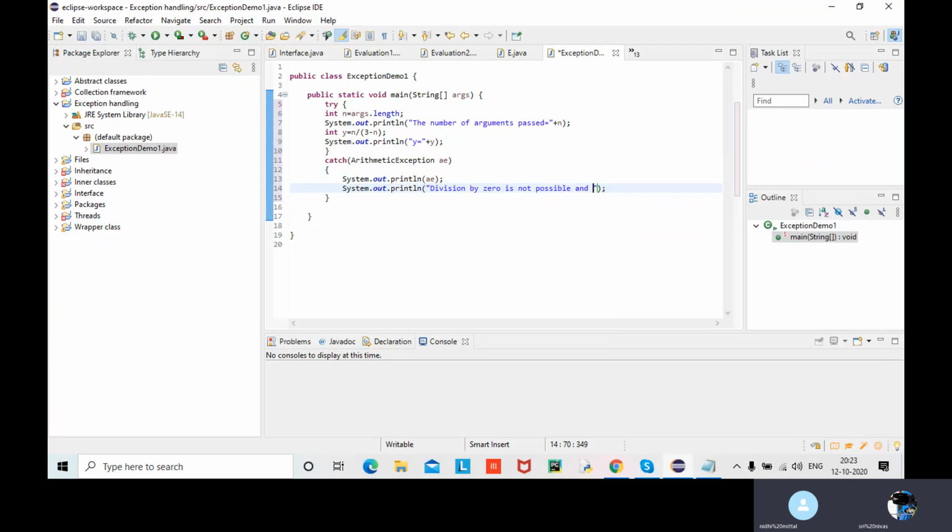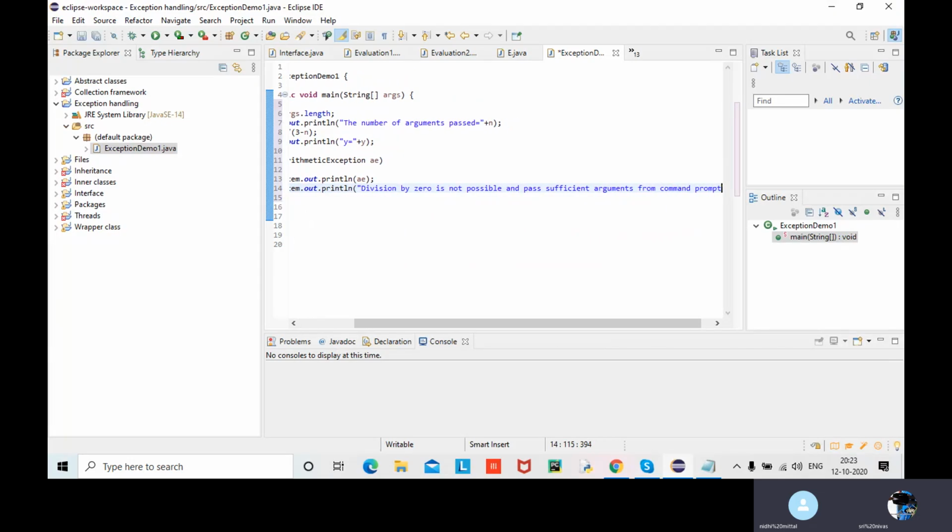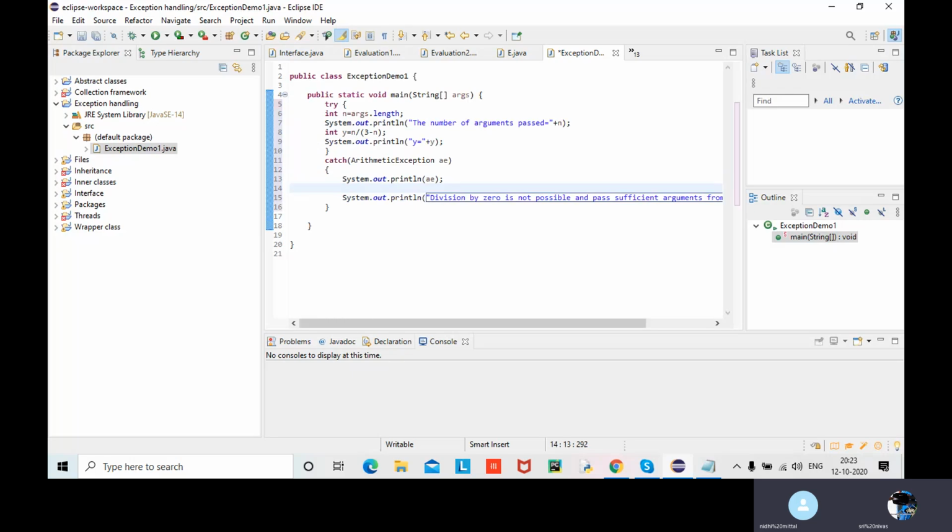Pass enough, sufficient arguments from the command prompt. That's it. Done. Great. Otherwise, one more option is there, I told you now: ae dot